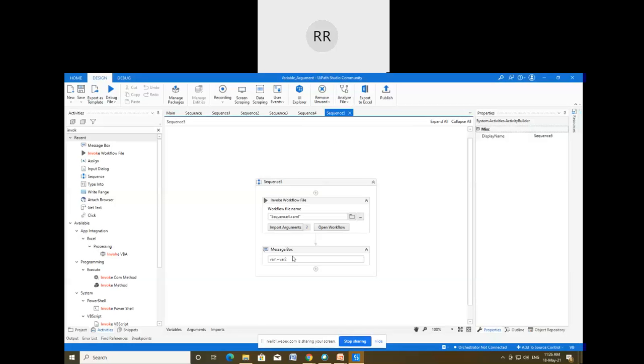If you want to provide a comma here, you can also provide it, then the message will be displayed with a comma. I have purposely not provided a comma here so that we can easily understand. This is the output of the sequence 4 message box, and this is the output of the sequence 5 message box. Got it? Yeah, got it.